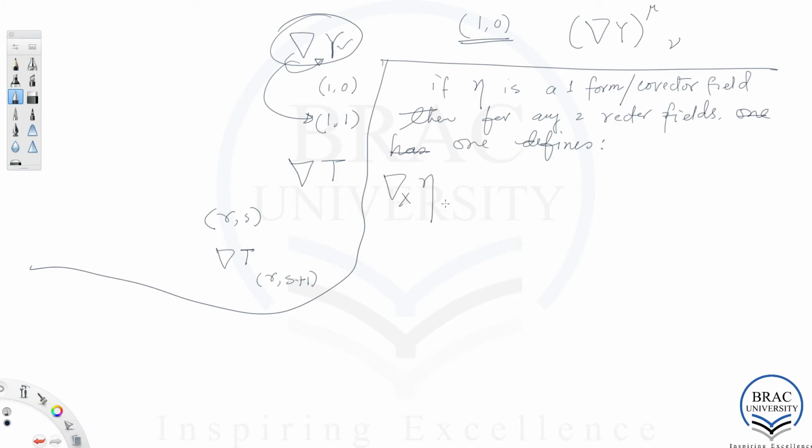What is it supposed to be? In the same way as nabla X Y was a vector field given X and Y two vector fields, if nabla X acts on eta, it is supposed to give us another one form. So if it acts on Y, then it is supposed to give us a scalar function, right? And that scalar function is defined as nabla X